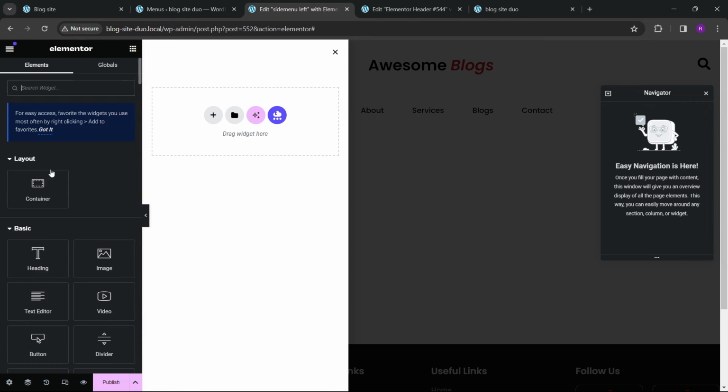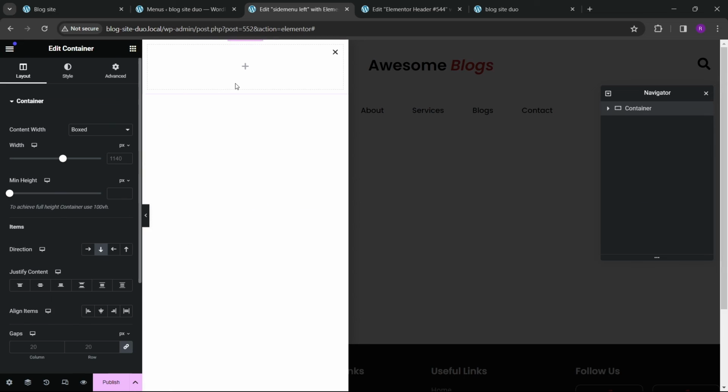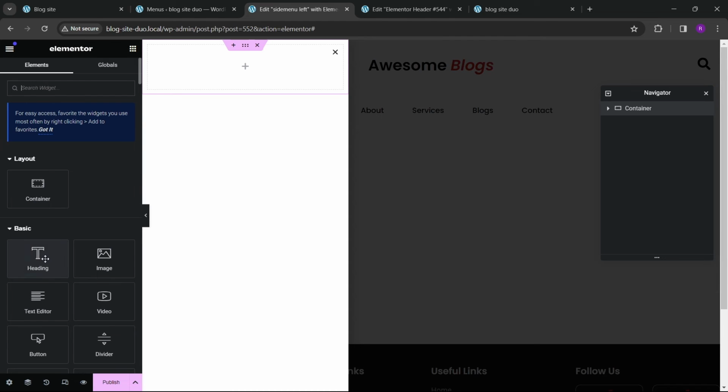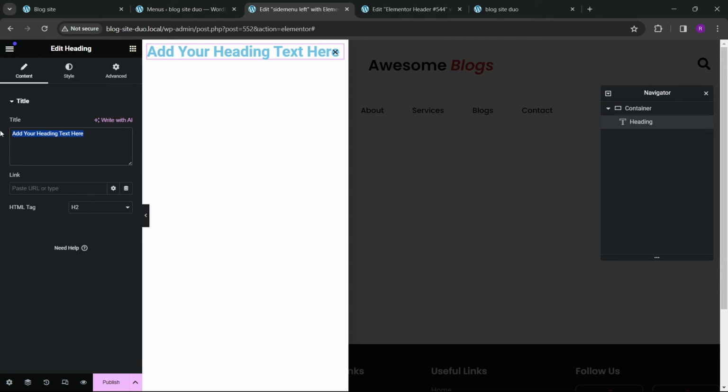Okay, so now we have to add a container here. Then inside this container we want to make it full width, and in the advanced option let's go to widget, and from here drag and drop this. Then let it here awesome blocks style,